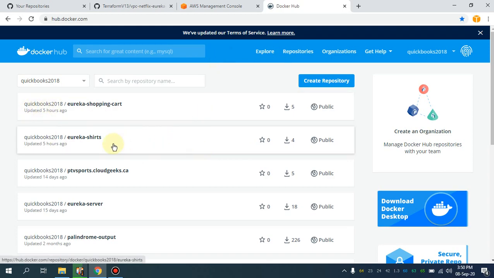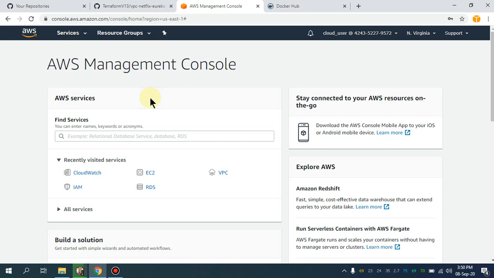So, what I've done, I have Dockerized the application which I've shown you in part 7, and I've also Dockerized the application Eureka shopping cart. So what I'm going to do, I'm going to deploy these services on AWS cloud and show you how service discovery is going to happen. And we are going to set up 4 EC2 instances, and definitely, as I told you, this service discovery is not going to be on localhost. Applications are going to be running automatically.